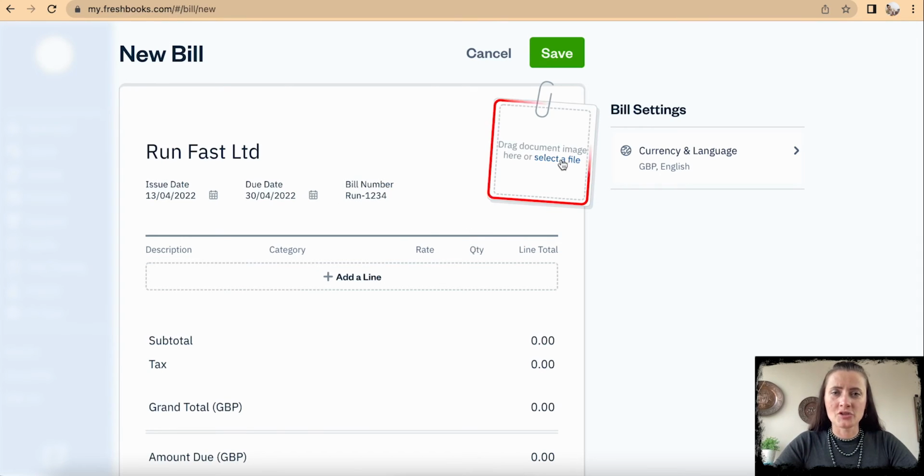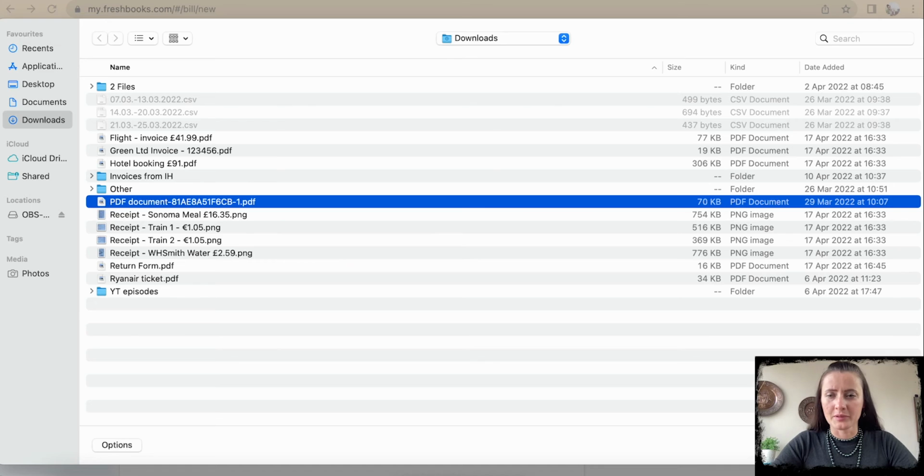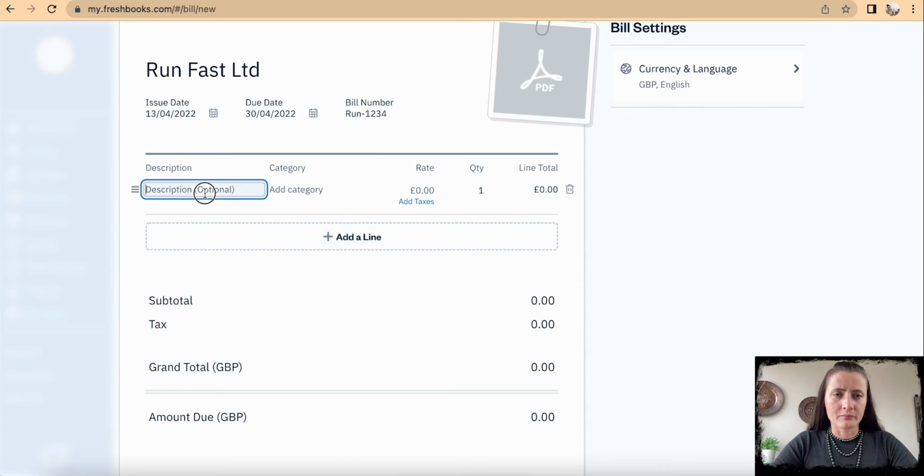We can attach a file by selecting a file. So for example, I have a PDF document, click open, add lines. So I ordered